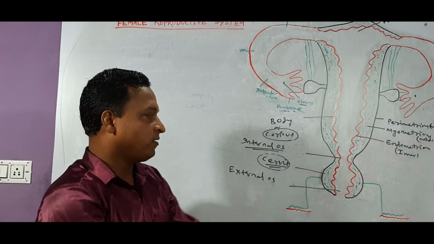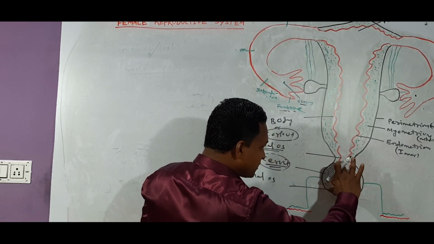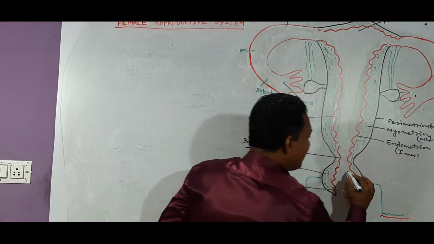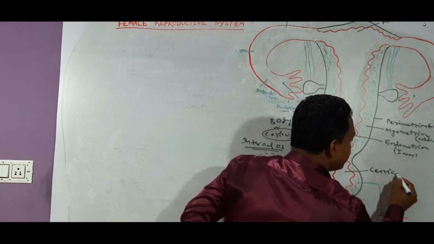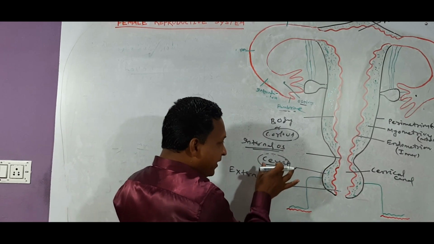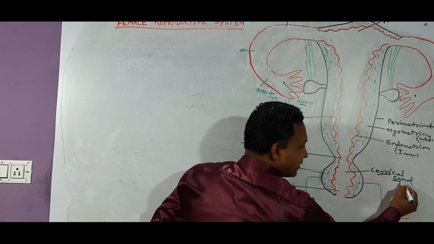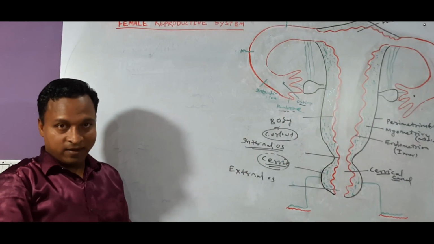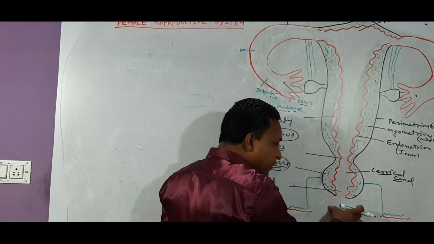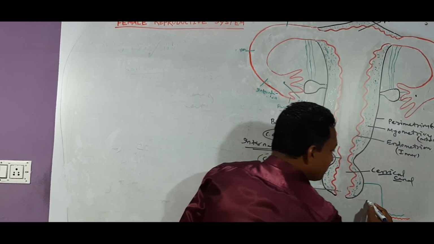If you are adding another point, this part is the cervix. The cervix encloses a cavity, which we can call the cervical canal. The cavity of the cervix, or the lower part of the uterus, is called which canal? Cervical canal. Yes. And this is the vagina. If you combine the cervical canal and vagina, they are combined. This is the vagina.